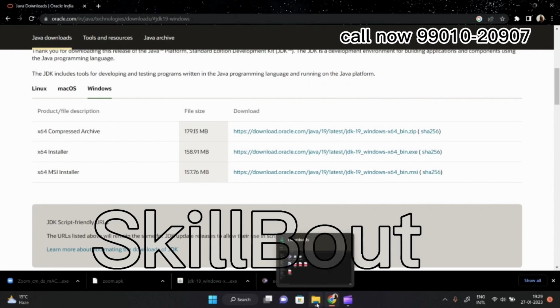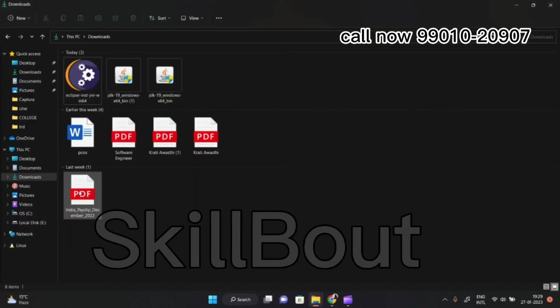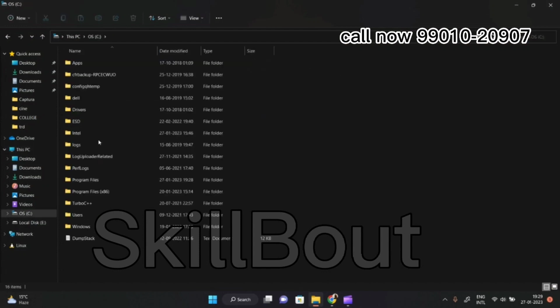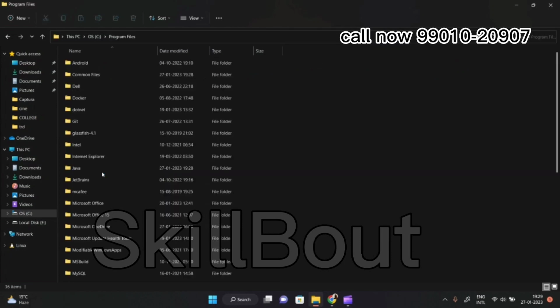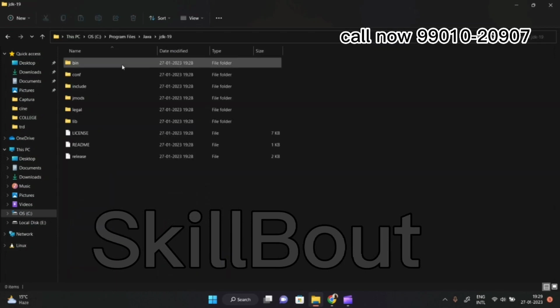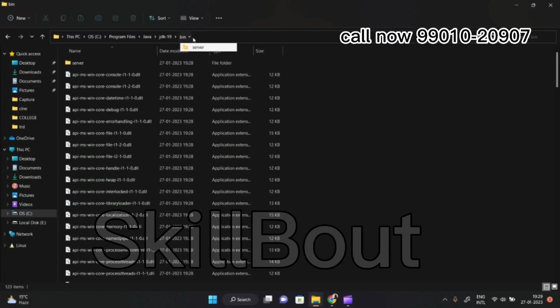To check whether it is installed and the folder is created, open This PC, then click on C drive, then go to Program Files, and in Program Files we have the Java folder. Click on that. After that we have JDK 19. Click on that, and here we have already installed it. To set an environment variable, what we have to do is click on this bin folder and